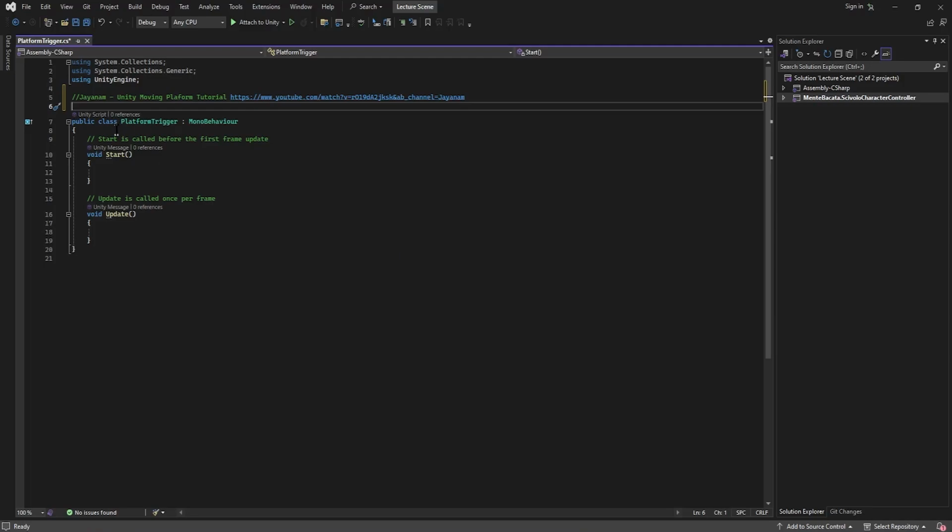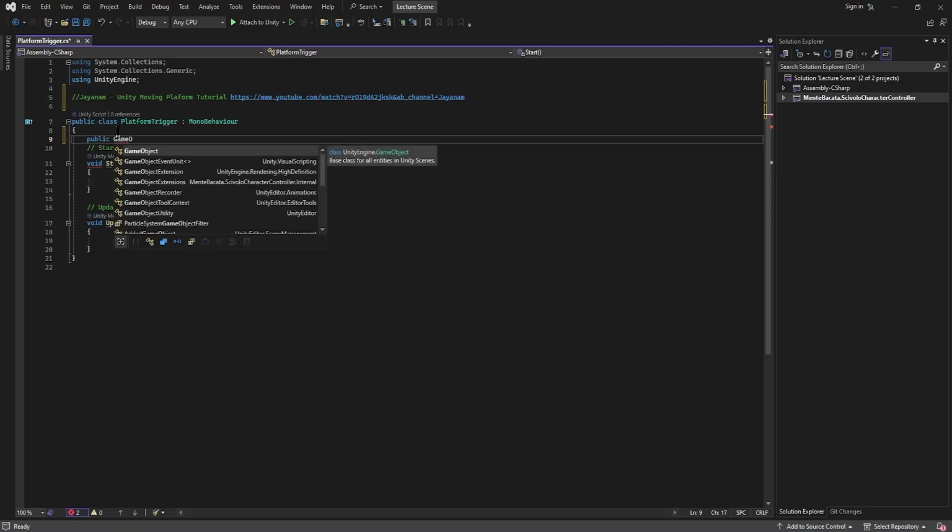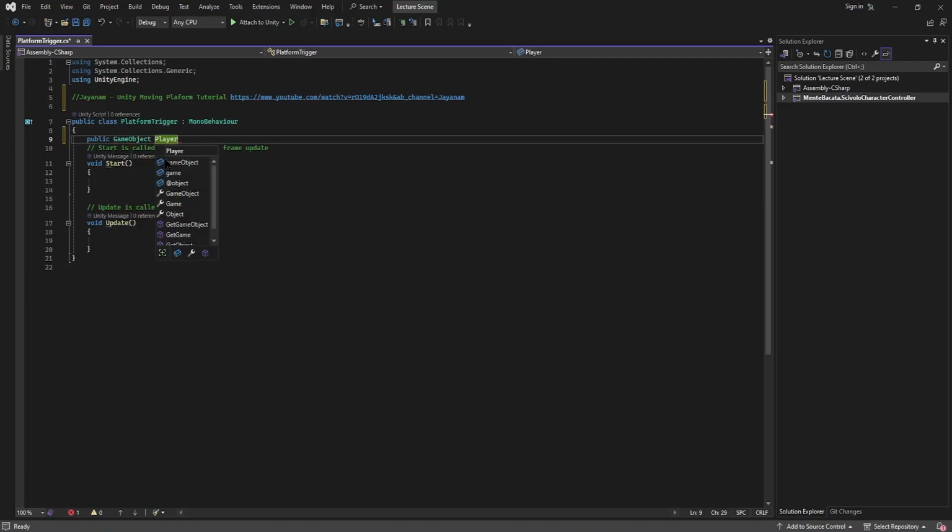All right, let's go through what this is going to be. Under our public class, we are going to type in public GameObject, and this is going to be called player. This statement here declares a public GameObject to assign